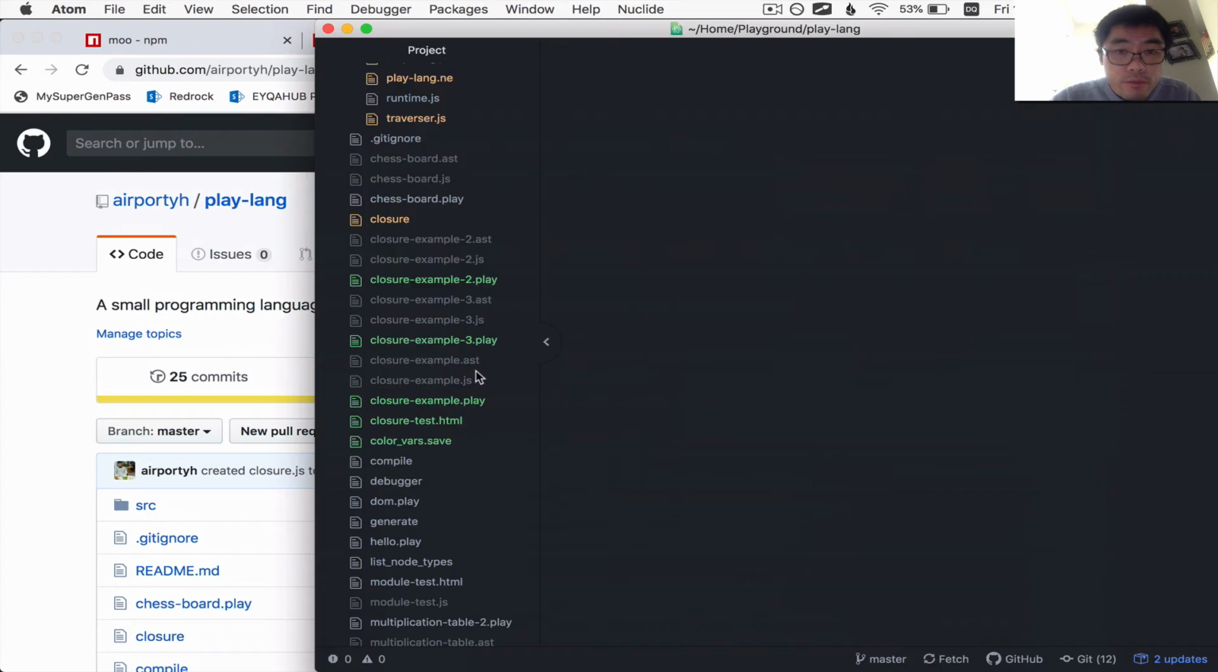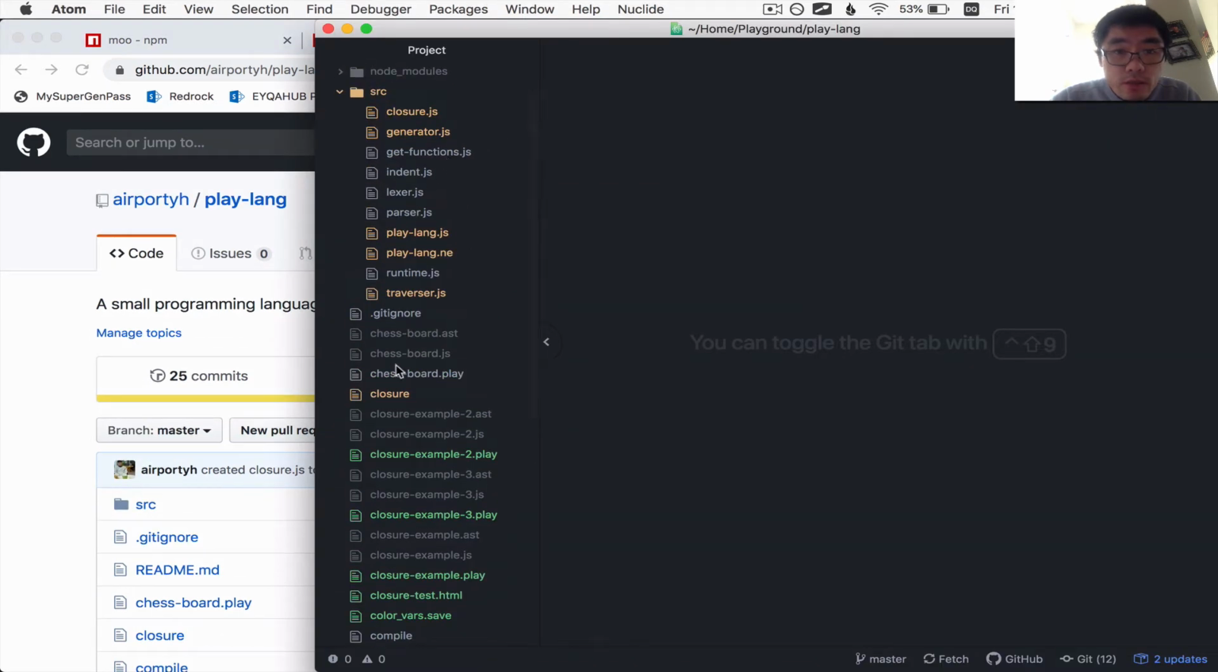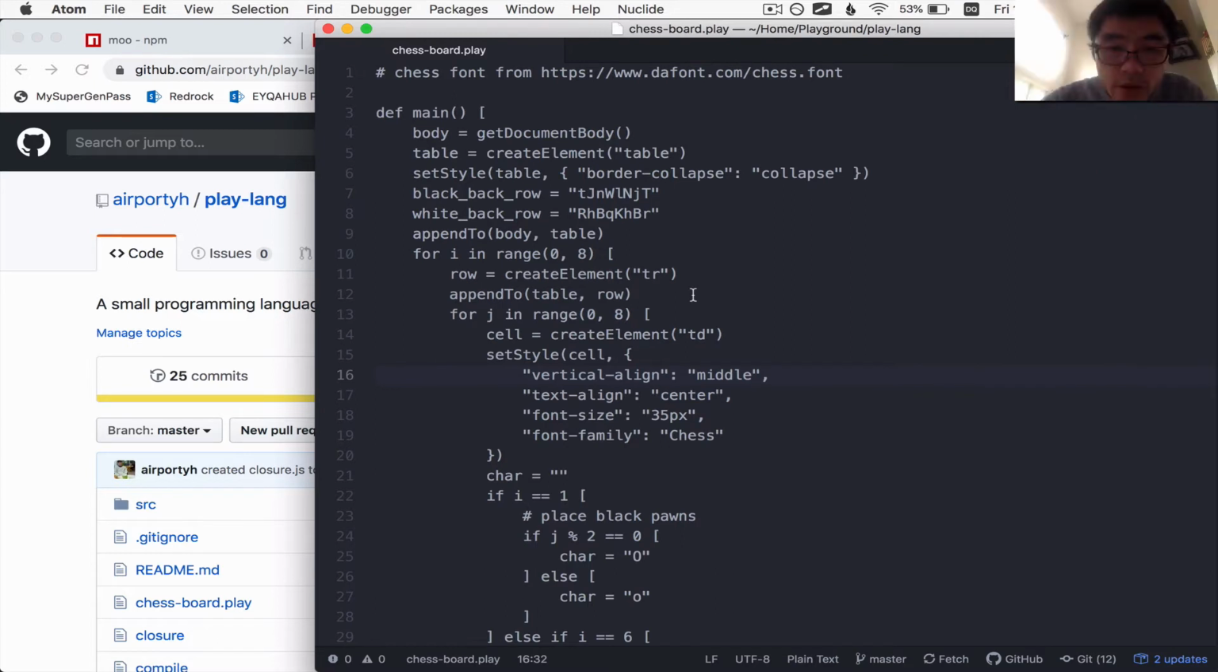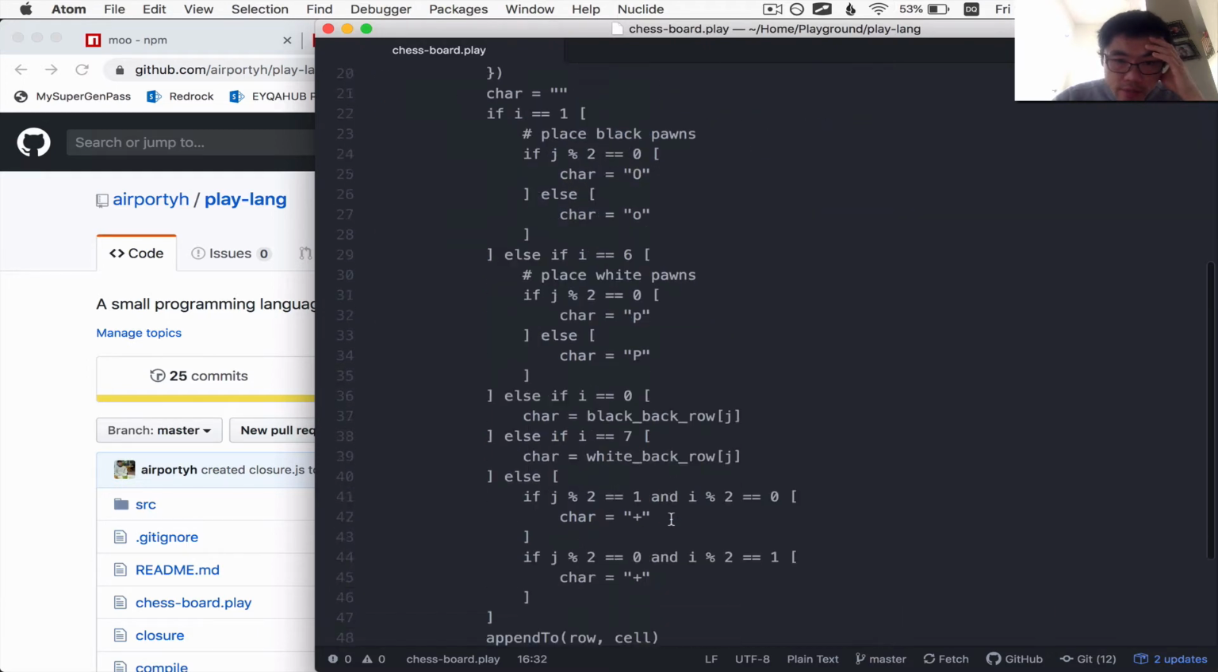and to give you an idea of what it looks like, this is some code in the Play programming language. I have written a parser for it. I have written a code generator for it to convert its AST to JavaScript. And right now, what I'm interested in is to implement closure in this language, which means that if I had